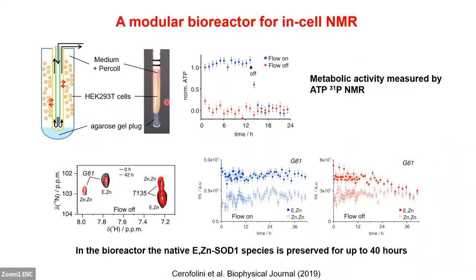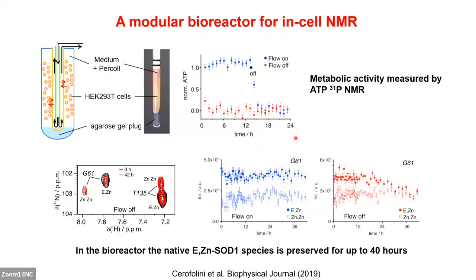So there are a number of technical points. We found that Percoll is the best, and we use agarose to make just the plug, the bottom plug. And here we monitor the lifetime of cells, and they can stay, we checked for 40 hours, then we stop, and an easy way to check the viability of the cell is through NMR using phosphorus-31, because